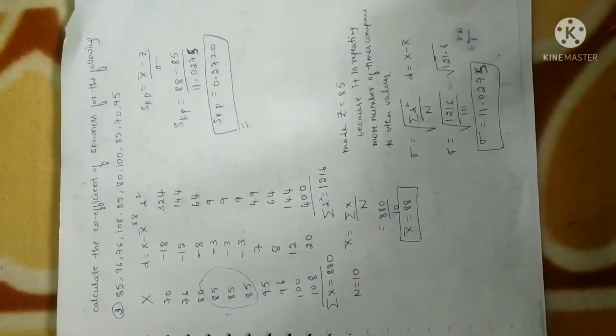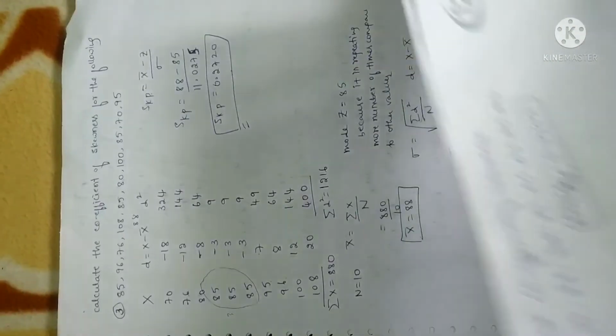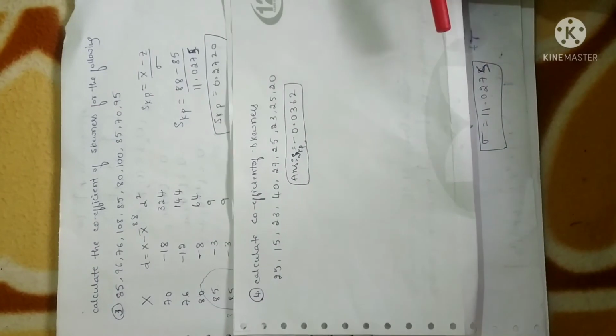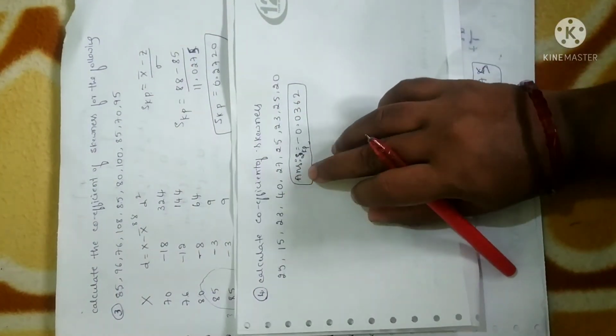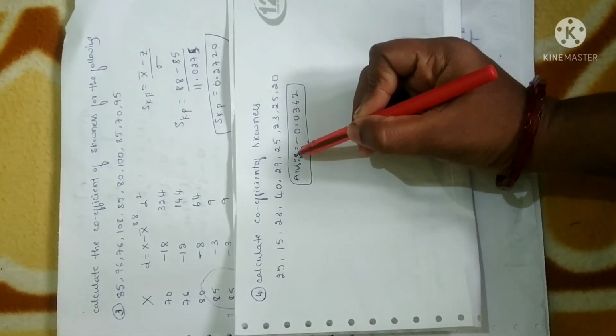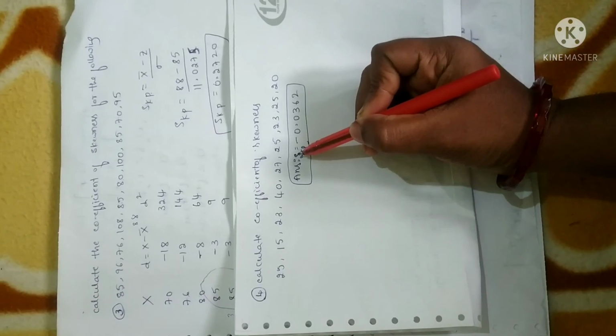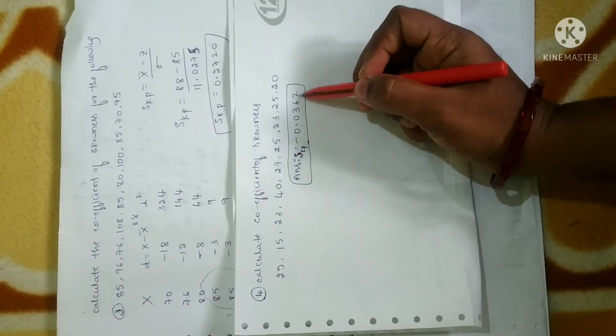So for continuous and for grouped data, that is discrete and continuous series, let me continue in the next session. Before that, here I have a homework problem. It is also ungrouped data. Why? Because only x values are given. So you just simplify by using the same method. You will get answer, that is coefficient of skewness, Karl-Pearson coefficient of skewness, SKP is equal to minus 0.0362.